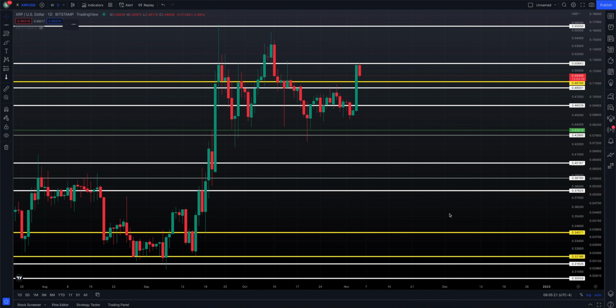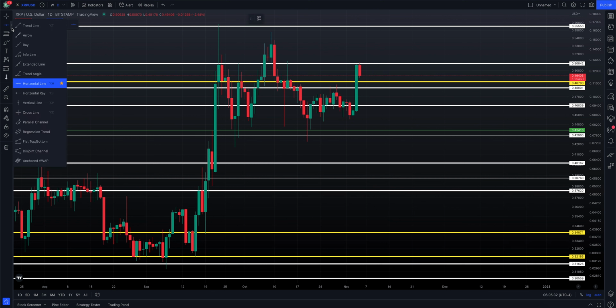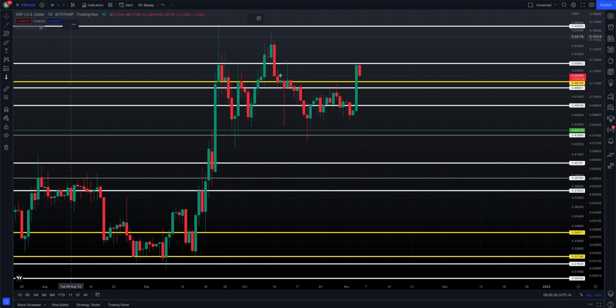Looking at XRP/USD. This is a daily chart, Bitstamp data, tradingview.com. XRP had a very nice Friday, which was yesterday, the 4th. Today's the 5th, Saturday, November. Up 11.3% yesterday. We broke out, hit some overhead resistance, and are getting a pullback this morning here on this